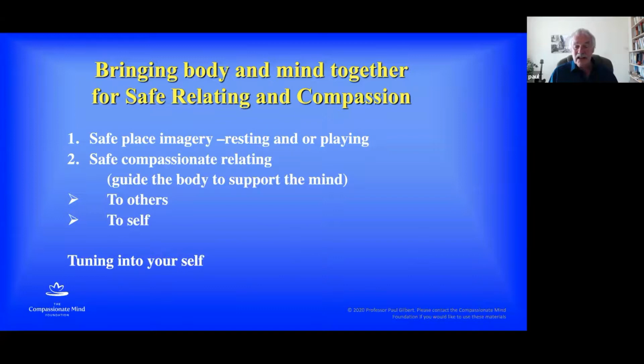Okay, so again, that's quite a useful practice. So we don't have the time to go into these practices in detail. What I've done is to try to explain how you can do them by, remember, doing the body practices first, getting the breathing, slowing the body, and then using your mind to guide you through these practices, and see how you go. And you can have as many places as you want.